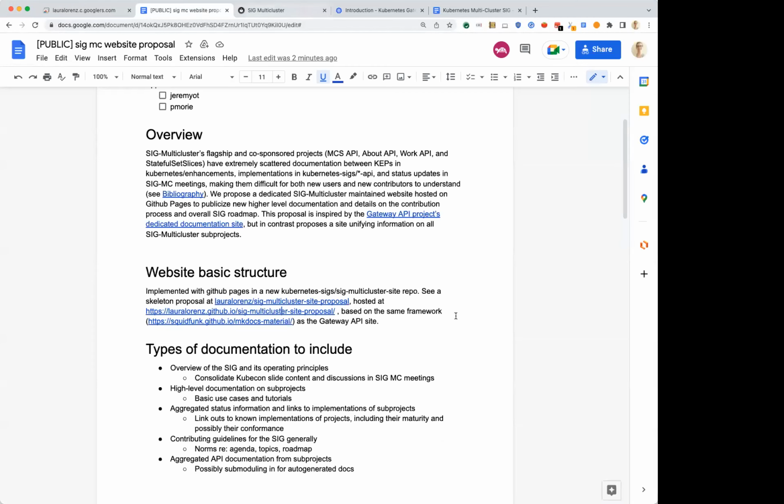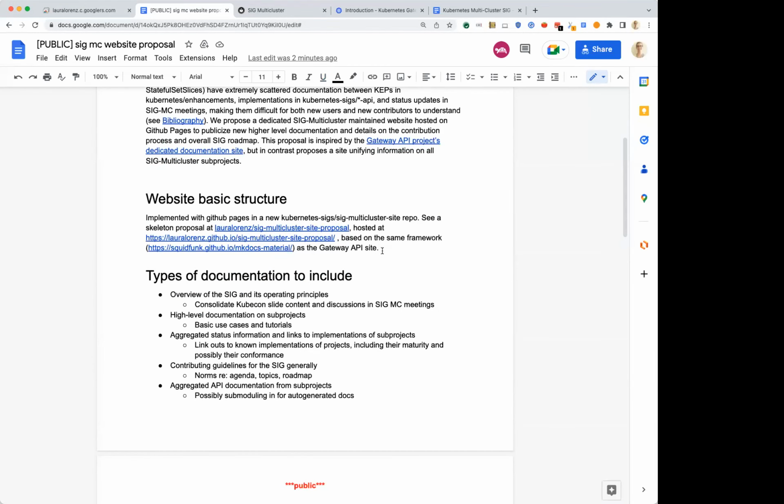Cool. Let me also speak a little bit to the order of operations here, on where this repo will live. Right now, I just made this proposal one so that we could see how it was made, and Nicholas made a fork to work on his stuff too.